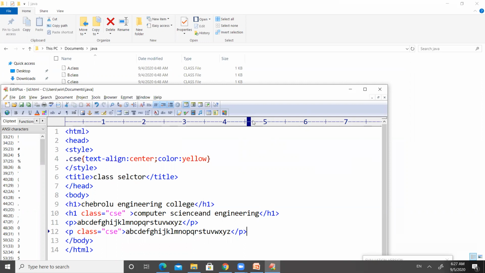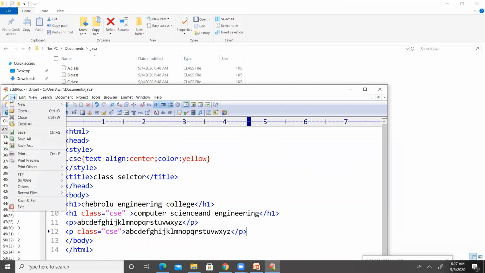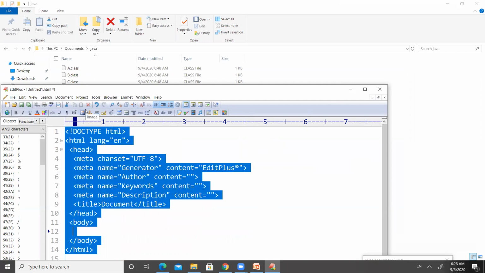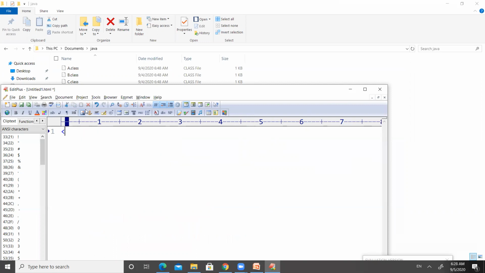So let us take a new program here. Let us take a new HTML document, right? And let us start working with this HTML document. So start with an HTML tag, and then start with head tag, and inside head tag, if you want to have some title, you can have title by using a title tag.